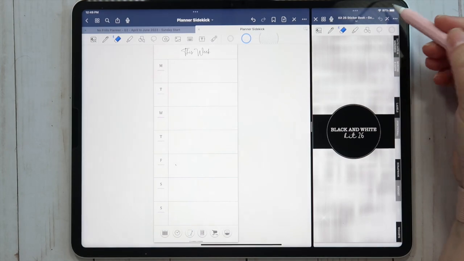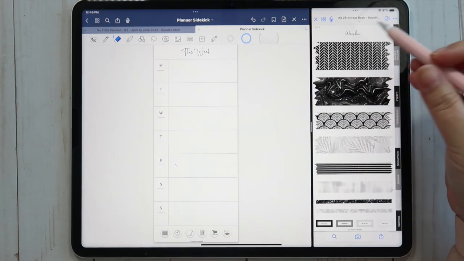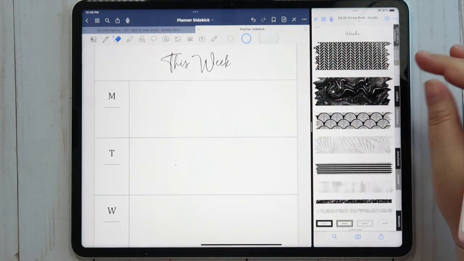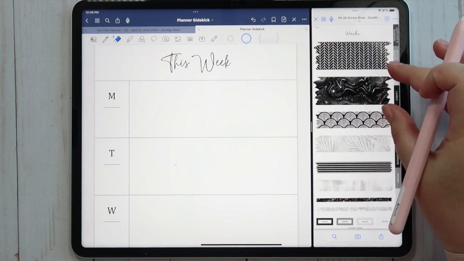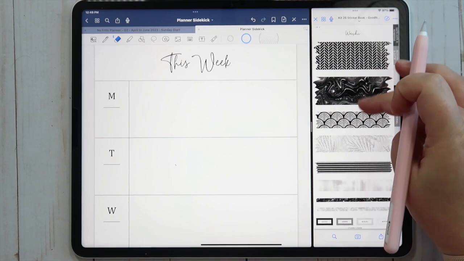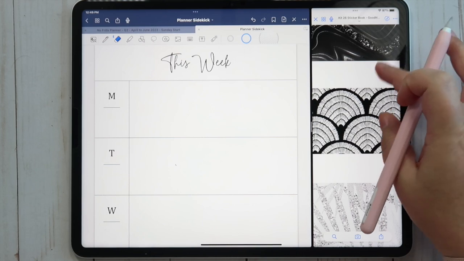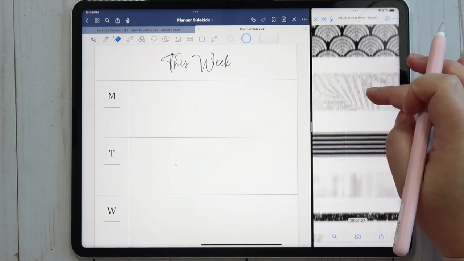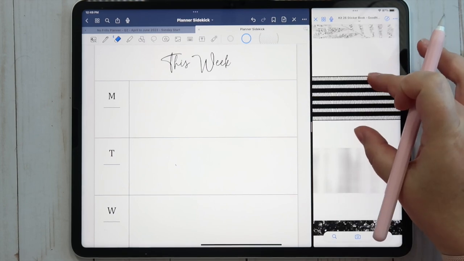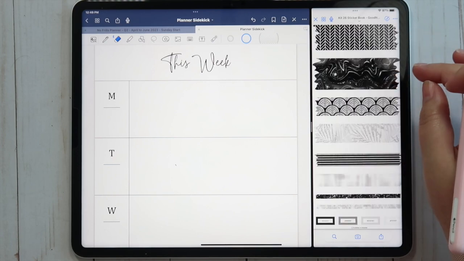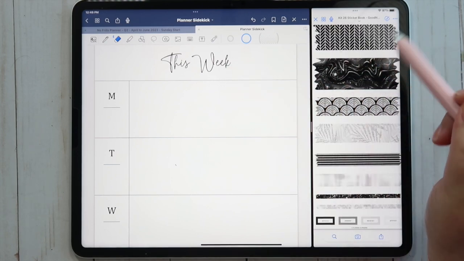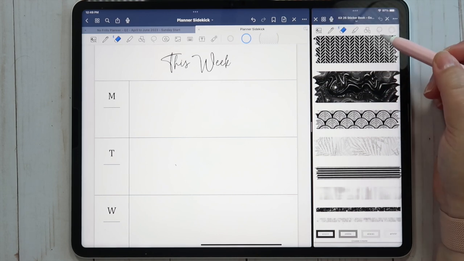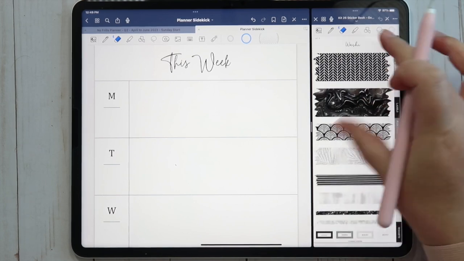Let's start out by doing the same thing I did last week. I'm gonna throw some washi up here on the top of the page. So now to decide which one to use. Oh man, how does one decide which one to use? I feel like I have to go with this marble one just because it's so pretty. It's by far my favorite, but I'm also really loving the stripes. I feel like that would look really cute at the top. Let's do the stripes because then I can incorporate other labels, that marbling one. I don't know though. Oh man, what do I do?